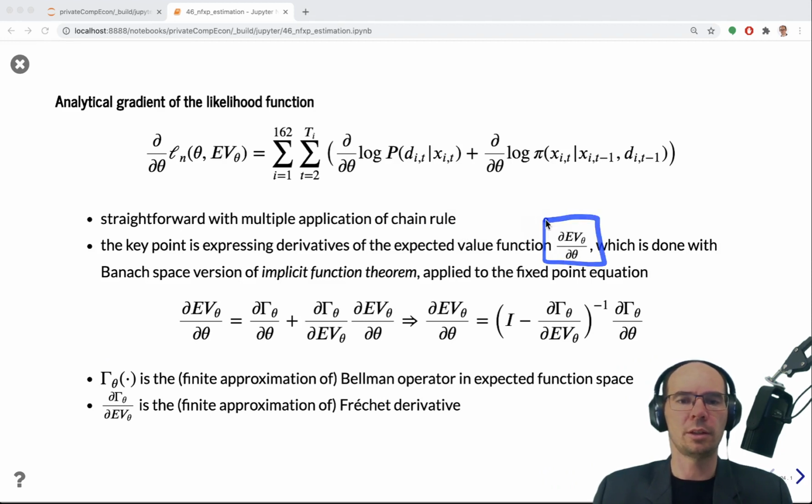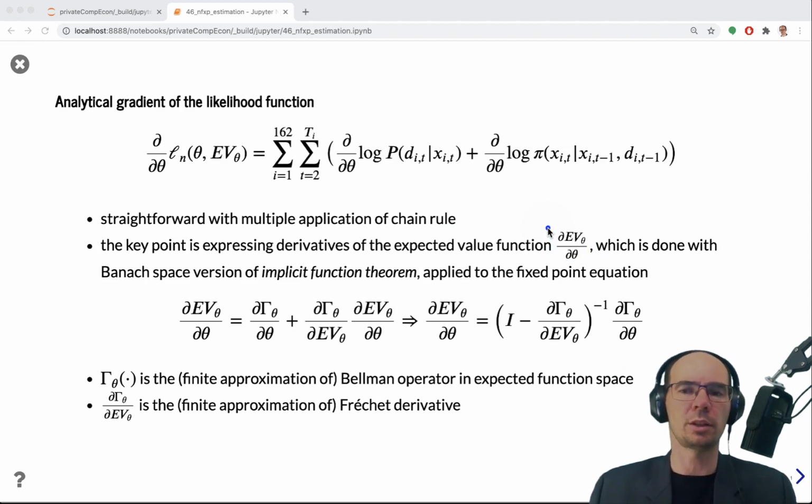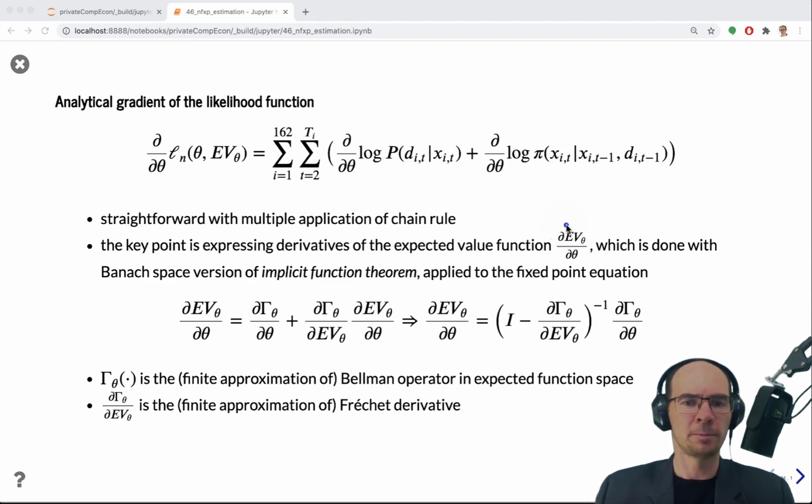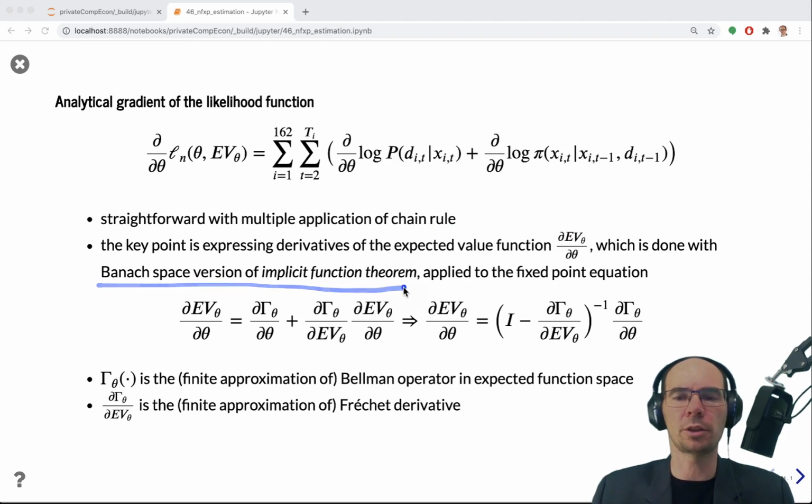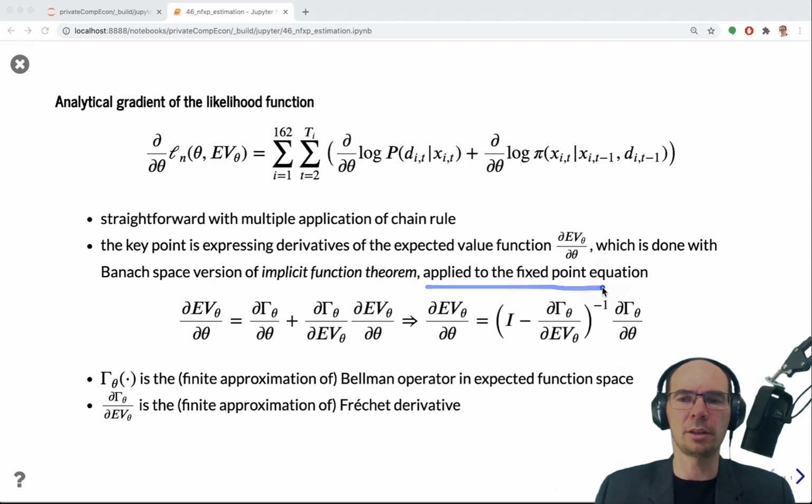And this is where the only issue that arises with this differentiation is. In order to get the derivative of the expected value function, which constitutes the fixed point, right? It's not that straightforward. We need to differentiate something that depends on the parameter, but it depends in an implicit way by satisfying an equation. Well, there's a Banach space version of the implicit function theorem, and with all the necessary technical requirements satisfied, or assumed to be satisfied, we can apply this theorem to the fixed point equation of the model itself,